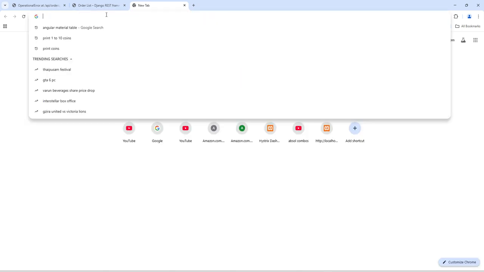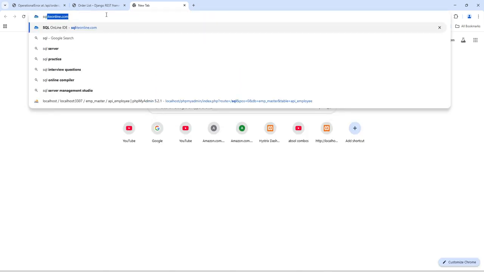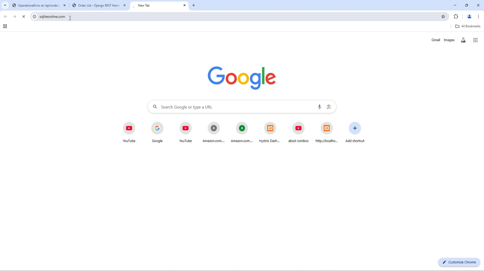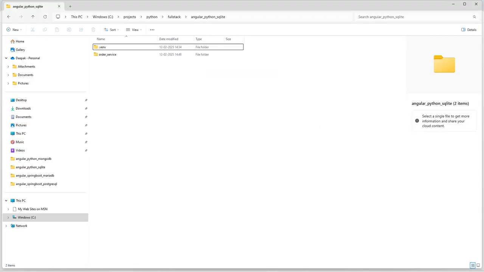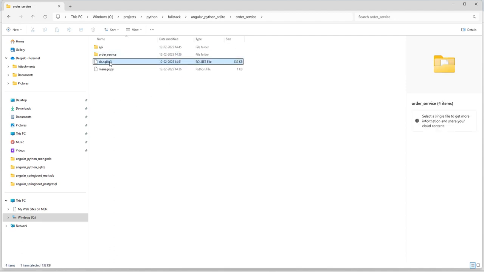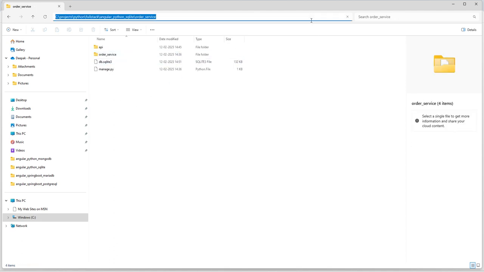If you want to cross check this on the database side, we have this online platform SQLiteonline.com, wherein you can use this. Now here we need to copy the path. So this is our db.sqlite file. We need to copy this path,